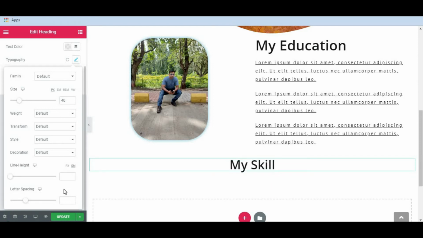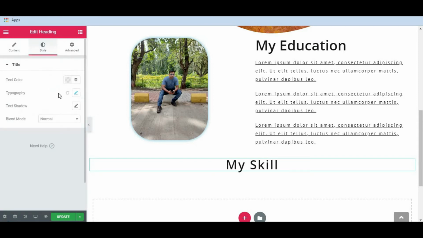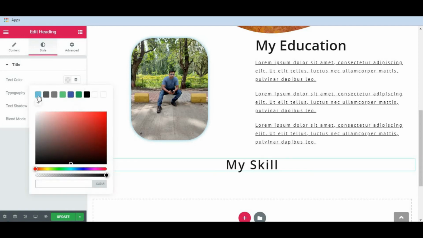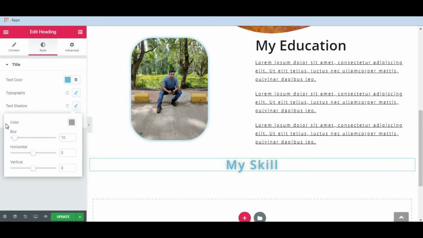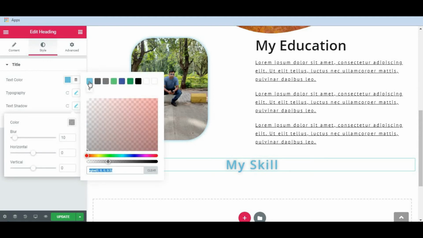Okay. Now let's increase the letter spacing. Let's make 3. Here we go. Okay. Here is a text color. From here you can change the color. Click on this and I am going to give a light blue. Okay. Text shadow. If you want to give a text shadow, you can change the color from here.